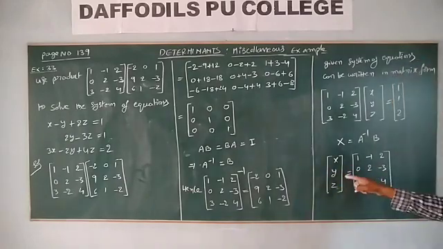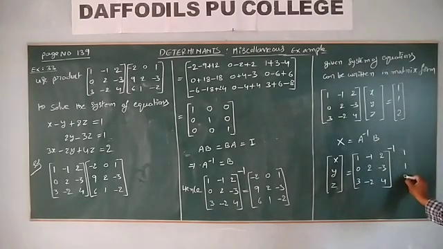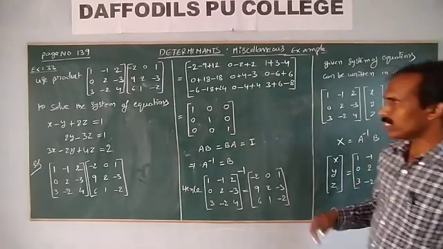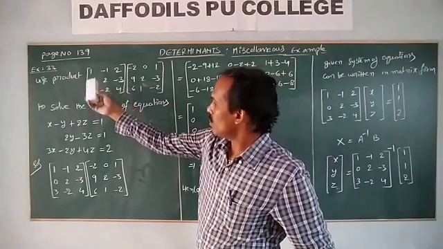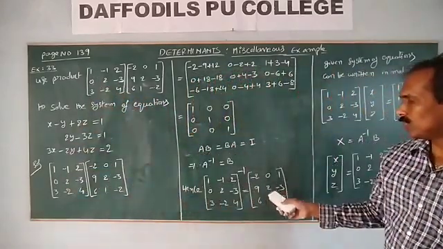Right. X is equal to A inverse into B. B means 1, 1, 2. We want A inverse. The natural general method is to get the adjoint of A. Once you find this product value, this into this one, finally you get the answer. This inverse is equal to this one.